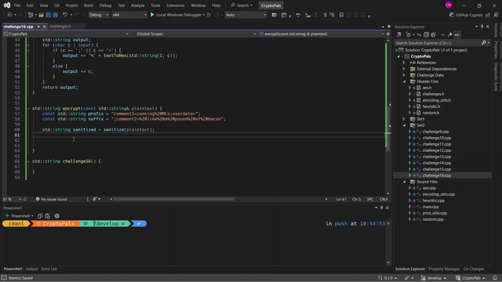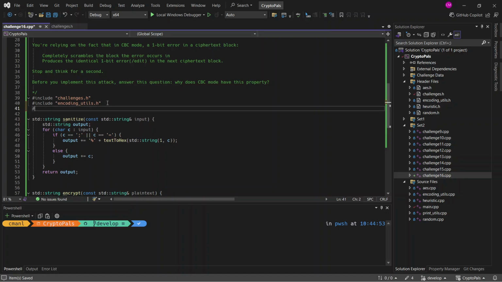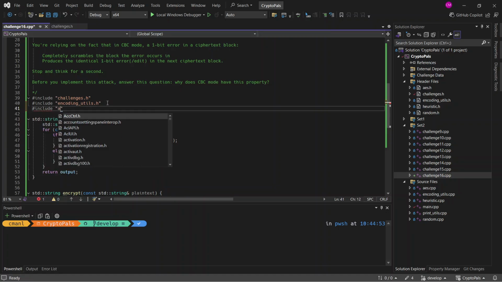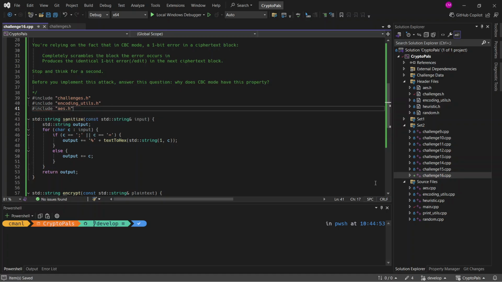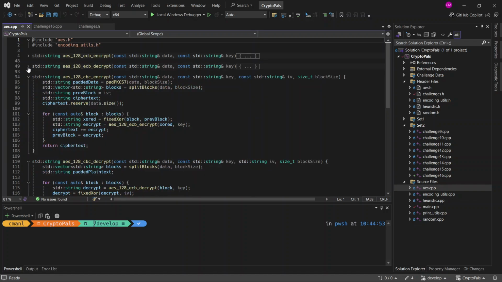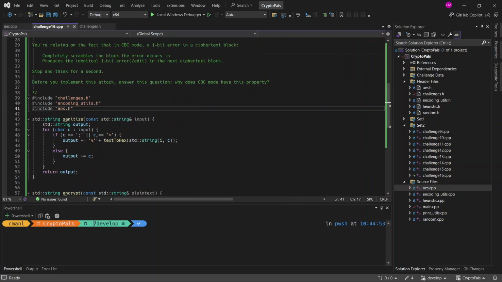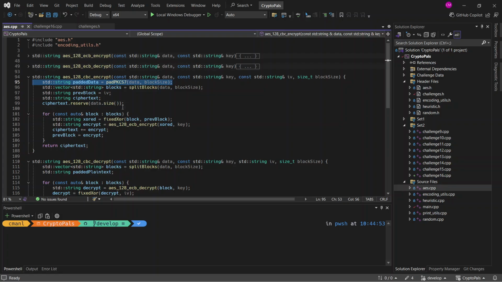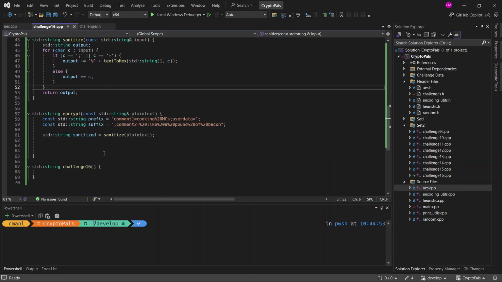So if I remember correctly, let me get AES imported because we're going to need our CBC function. Include AES.h. Let's jump into that real quick. We are going to AES.cpp. If I remember correctly, yes, we are padding the data here. So I don't need to pad the data here. It's a little confusing. Our AES functions are a little messy, but we will make do. So I don't need to pad the data. I can just do this. Return